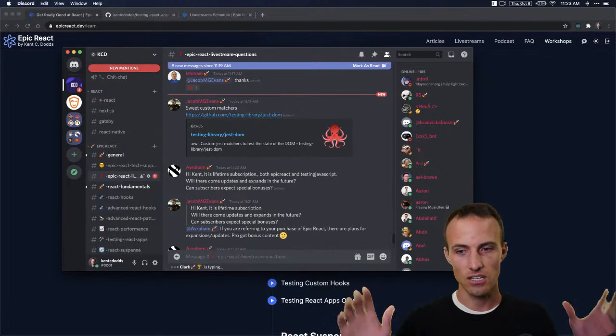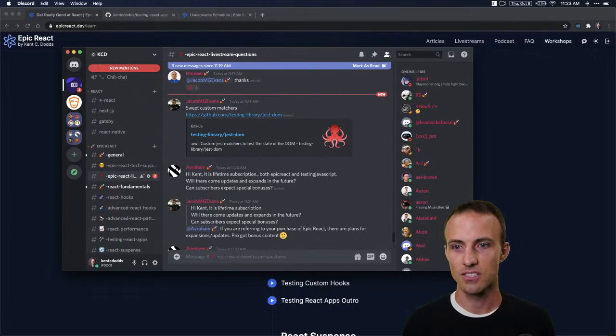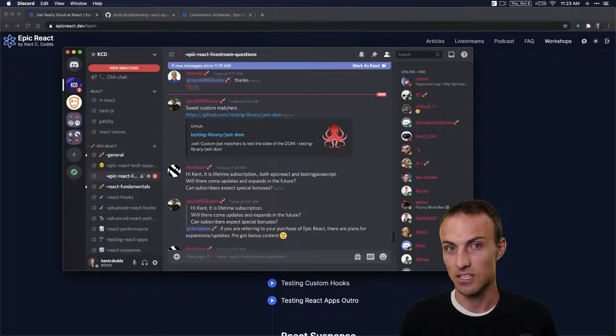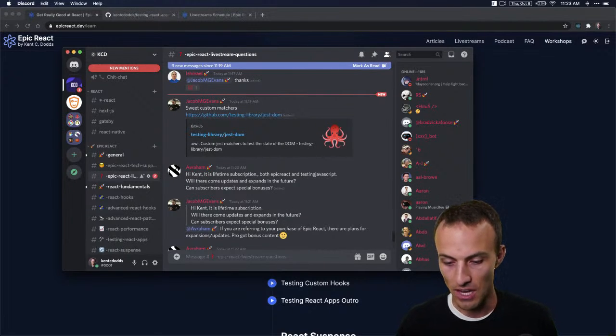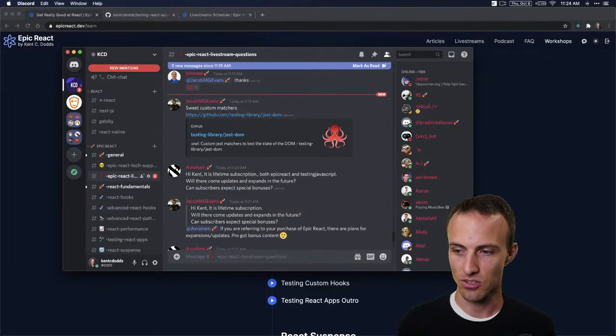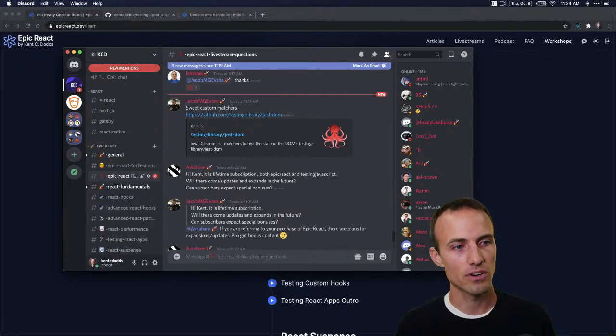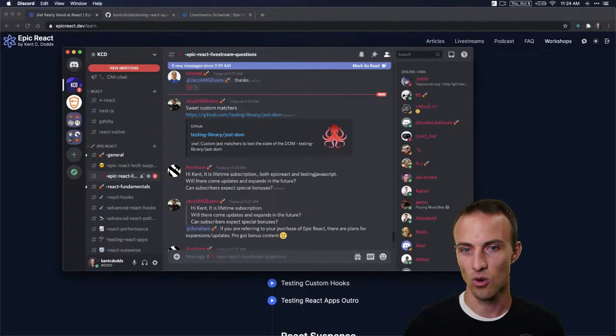like, hey, this has changed or whatever, because it's been like a year and there are a couple of small changes that have a big impact. In fact, just yesterday I updated all the repos and pushed the latest recommendations. And I'm adding another lesson in there for MSW now that MSW is a thing. And all of that will be totally free for existing license holders, just like last time I updated. But I am kind of thinking about doing a total revamp of testing JavaScript to make it more like EpicReact,